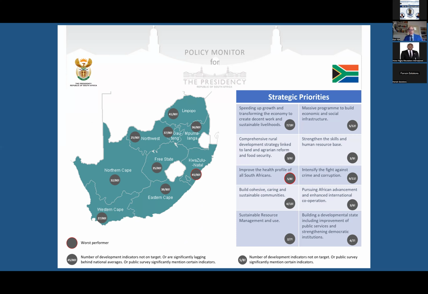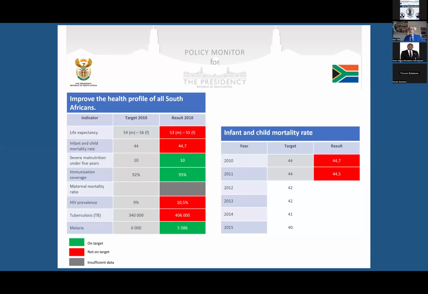I made it capable to zoom into some of these specific policy topics so that we could actually take a closer look at what was going on in the country and how we could try to find out what we could do to improve the situation on that particular policy level. However, given that it was an election year in South Africa and the president wanted to show that his policies weren't as successful as he hoped,